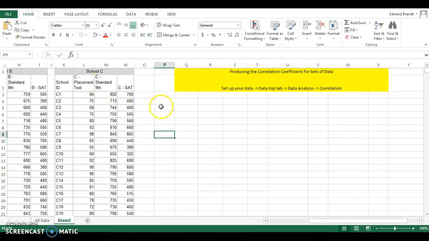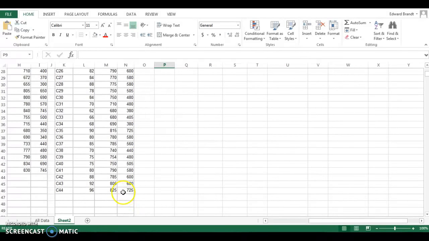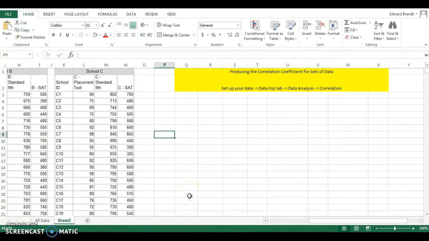In order to do so, the easiest way is to make sure that the sets of data are in adjacent columns as such. Be sure that you have data points for all of them. So for example, I have 44 students here. I need to have 44 sets of data for all three of these tests. Once I have my table set up,